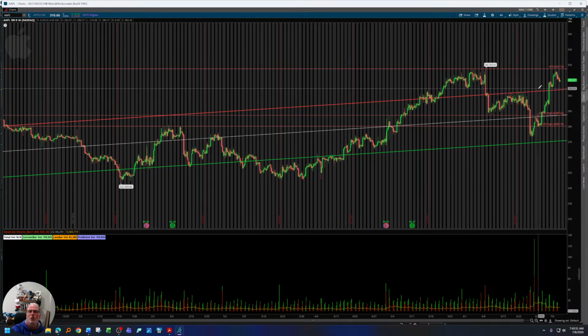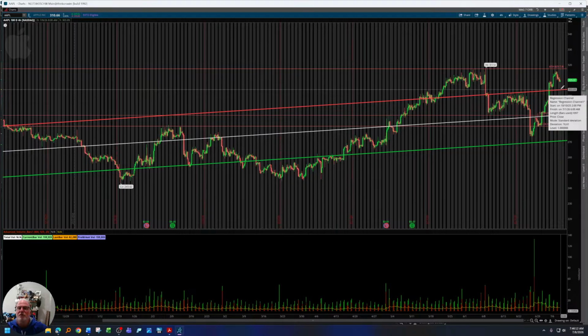Let's get over to Apple. We are looking at a 4-hour chart right now in Apple. Apple's been extremely strong right now, really trying to push up into those all-time highs, 317.40. Just like we showed on the previous chart with the regressional trend line, we are above the outer edge of this upper end regressional trend line here. And this trend line goes all the way back from October 10th of 2025.